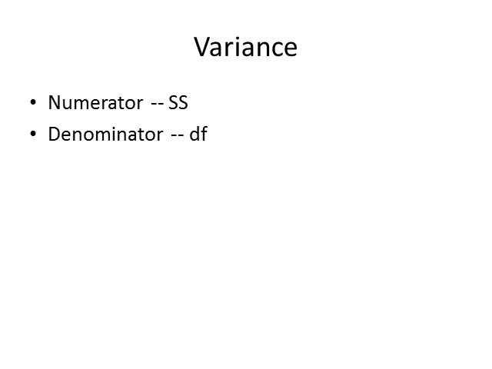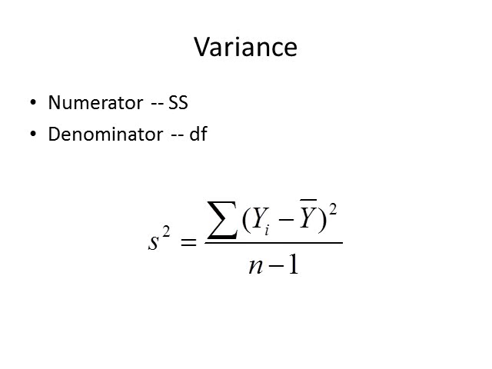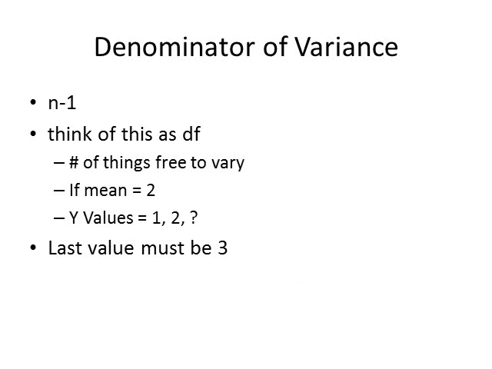So we can start with the concept of variance. We can think of the numerator of variance as our sums of squares, and the denominator of variance as the degrees of freedom. We can see here S squared for variance for a sample, and our typical sums of squares, in this case y representing our variable, and the denominator we have n minus 1. We can think of that n minus 1 as our degrees of freedom, the number of things free to vary